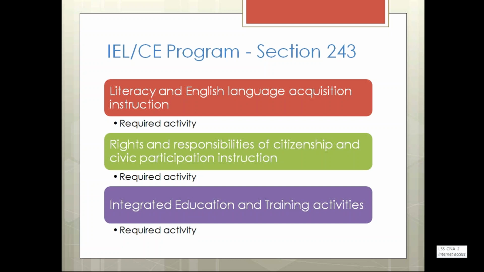That was my understanding, that when the tables specify IET, NRS is really talking about Section 243.